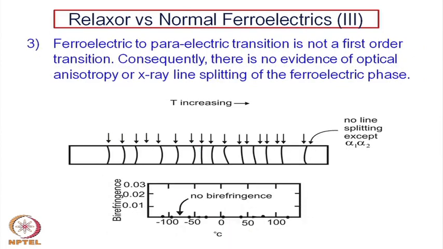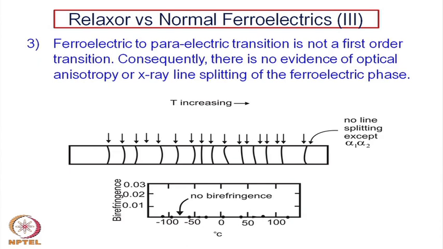So, the ferroelectric to paraelectric transition is not a first order transition. Consequently, there is no evidence of optical anisotropy or X-ray line splitting of the ferroelectric phase. Okay. These are the two very important consequences of the ferroelectric transition